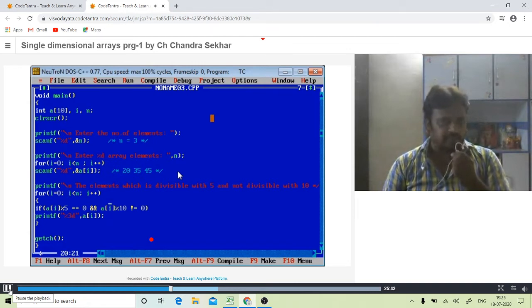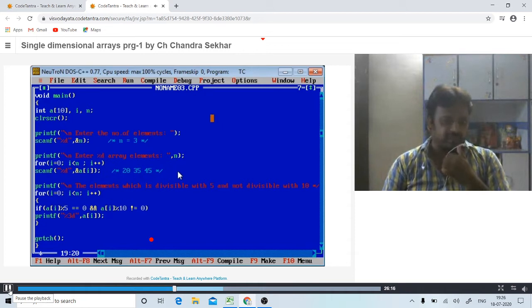Another condition: a of 0 is 20, 20 mod 10 gives remainder 0, and 0 not equal to 0 is false. With logical and, both conditions must be true, so this printf statement is not executed.